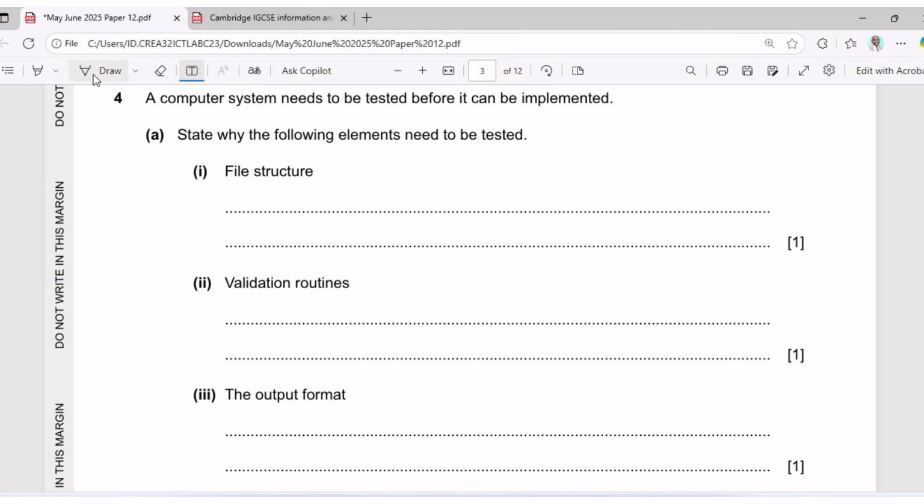The question is saying to state why the following elements need to be tested before they are implemented. The first one is the file structure. Why do you need to test the file structure? It's very simple. When you test it, you are ensuring the structure of the file, whether it's going to be text, or the data you are setting up. So we can say that it is to ensure the integrity